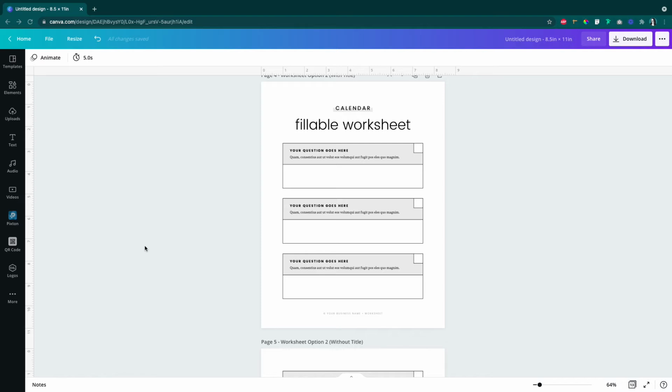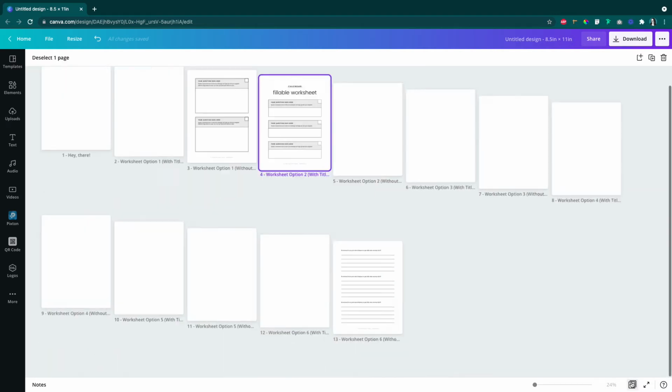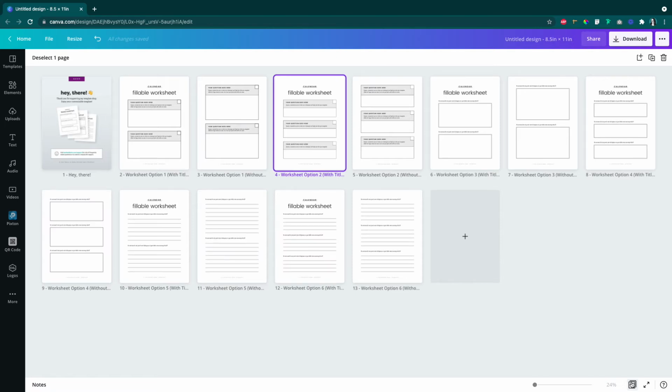Here you can see that we have multiple pages in our document. So if you go down to the bottom right-hand corner of your page in Canva, there's a little icon that'll be a couple of squares with a number in it. The number is the number of pages you have in your document. I want you to press that button because this is going to open up a tiled version of what your